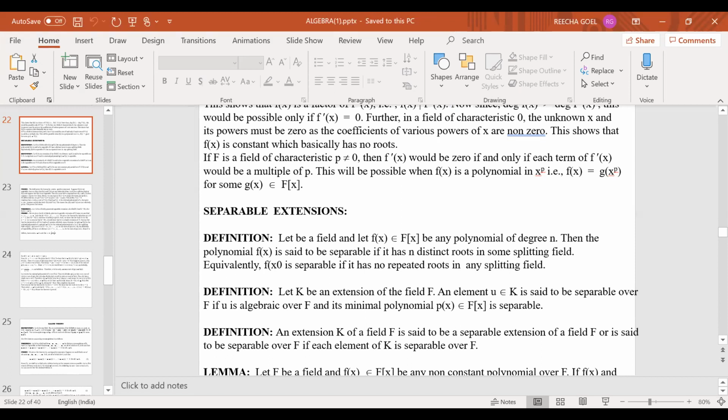And then we further developed the theory in the sense that if p(x) is any polynomial, it may be reducible, it may be irreducible. So let us take, say, an irreducible polynomial. Then suppose it is defined over F. Then we can always find an extension E of F in which this particular polynomial is going to have a root. And this extension is always a finite extension.